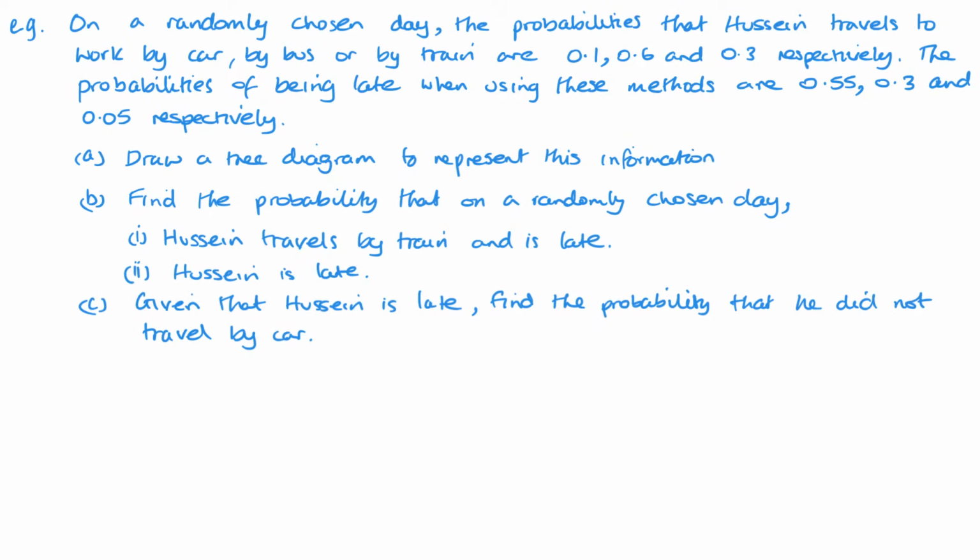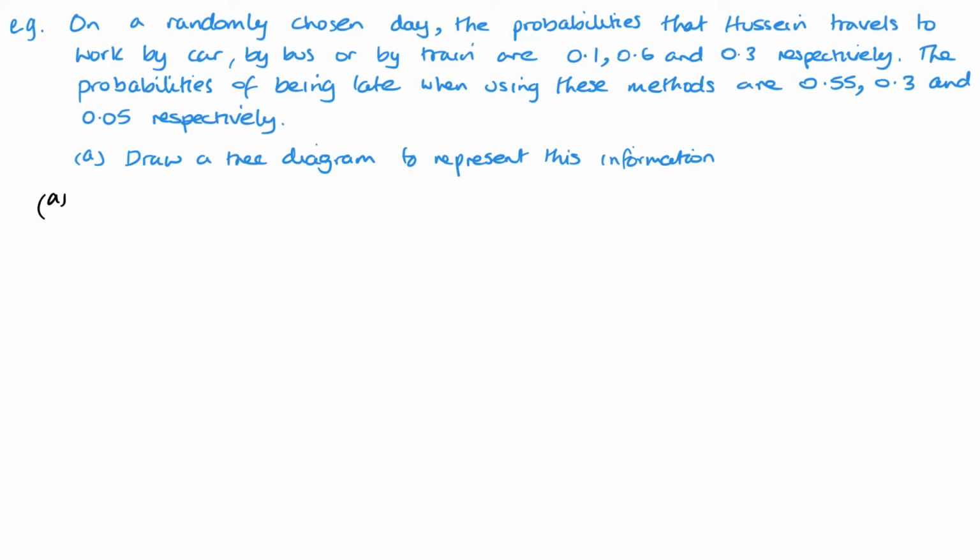Now in the second question, again we're going to use travelling. So it's car, bus, train, so 0.1, 0.6, 0.3. And then it's late, which is going to be late or not late. And the first thing we need to do is a tree diagram. So for part A, we've basically got 3 options, haven't we? We've got car, bus, and train. And these are 0.1,